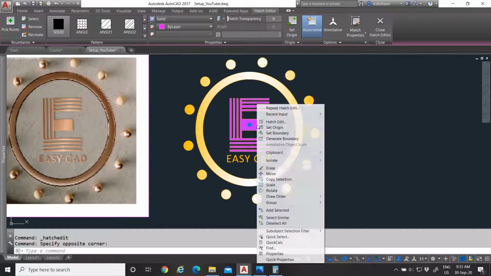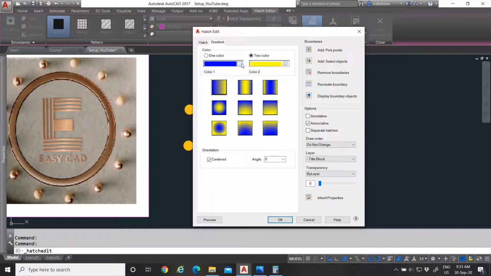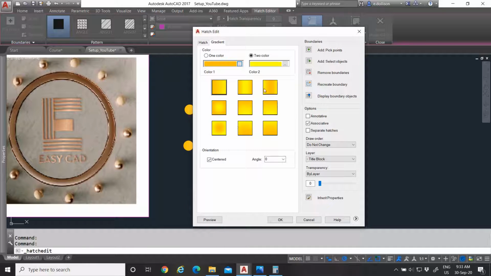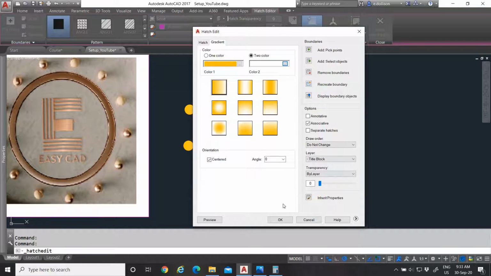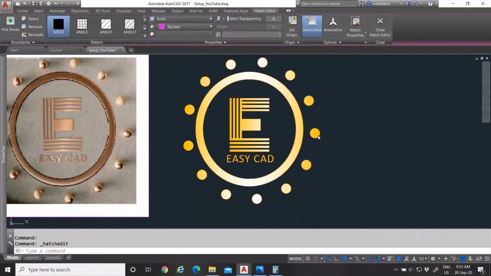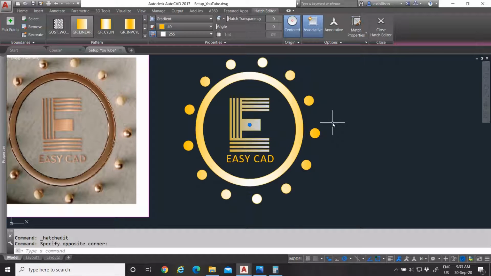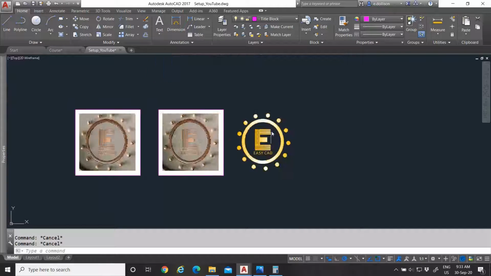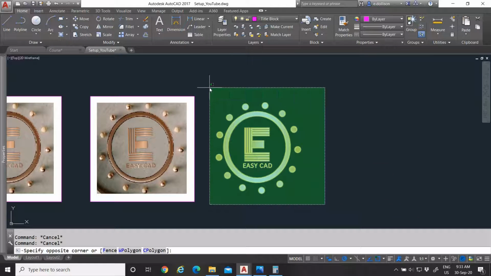Now let's go to the next hatch edit. I will do the same for this one, 40, 255, and select OK. Now, this is actually my logo. Now you can just select it all,